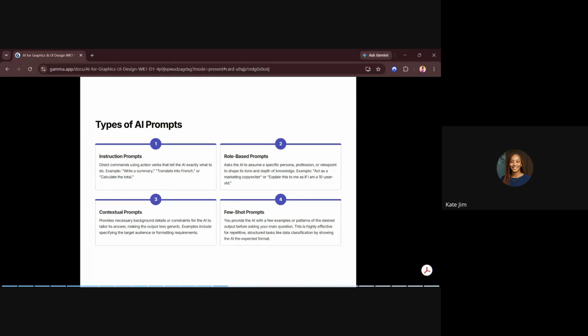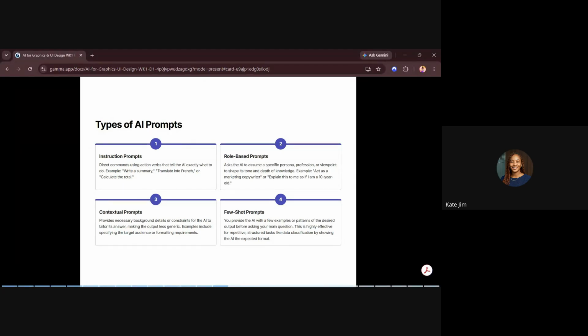Then the third one is now contextual prompts. Yes, because for this one, it's you that is more in control. Why do I say so? You have to upload background details. If you want something for a company, there is some information, like maybe the about us. That one is not something that is sensitive. It's not sensitive data. The about us of a company is fine. You can add that so that the AI will understand what the company is into.